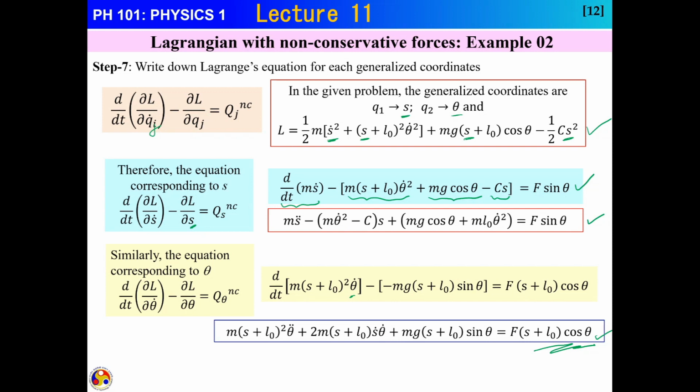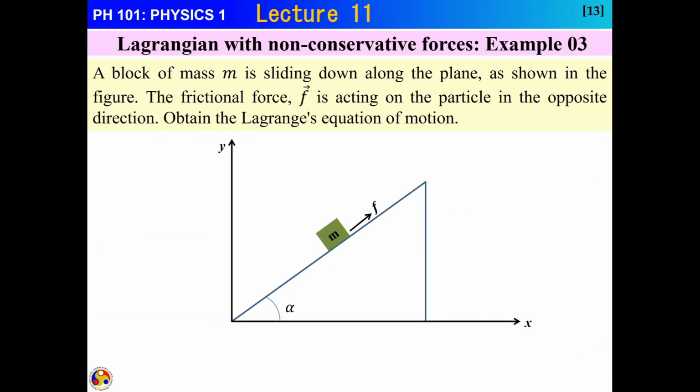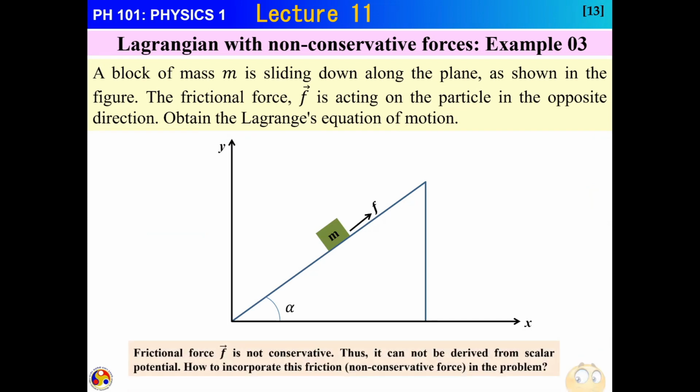But then we are very good at solving some of these friction related problems, so let's look at it that way, and then we can understand it very easily. Here we have a problem where a block of mass m is sliding down the plane as shown in the figure. The frictional force is acting on the particle in the opposite direction, for which you obtain the Lagrange's equation of motion. Here the frictional force is non-conservative because it is dissipative in nature. So if you carefully look at it, if alpha is 0,